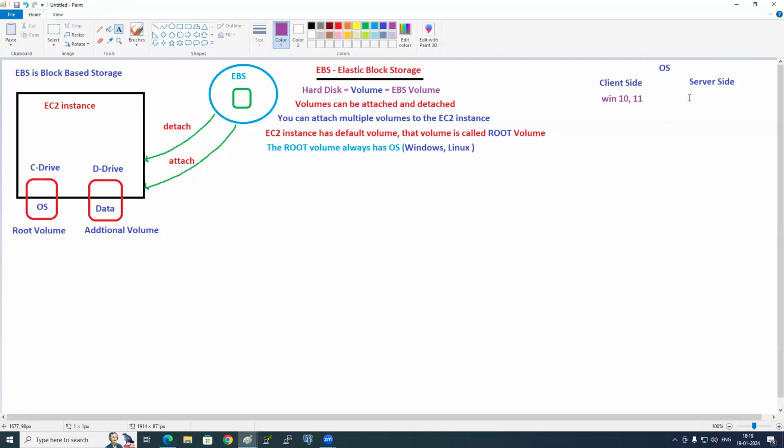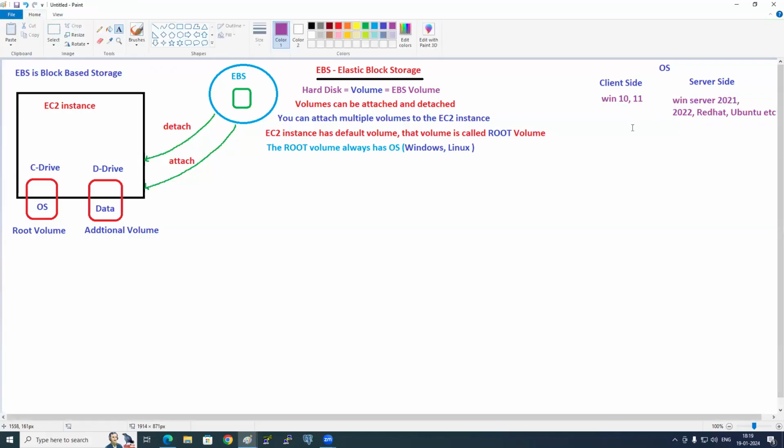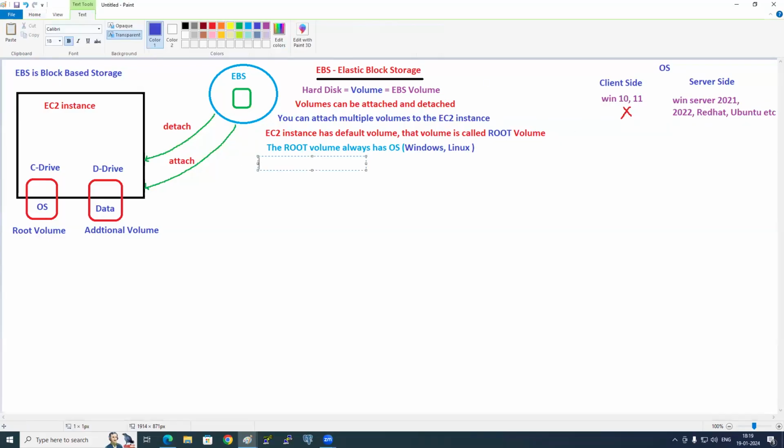No. It provides server side systems like Windows Server 2021, 2022, Red Hat, Ubuntu, etc. So please remember, EC2 supports only server side operating systems, not client side OS.